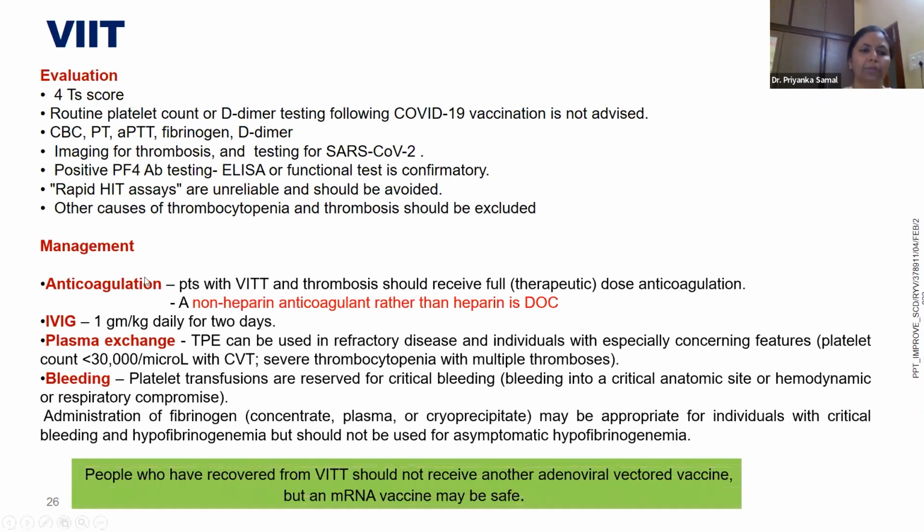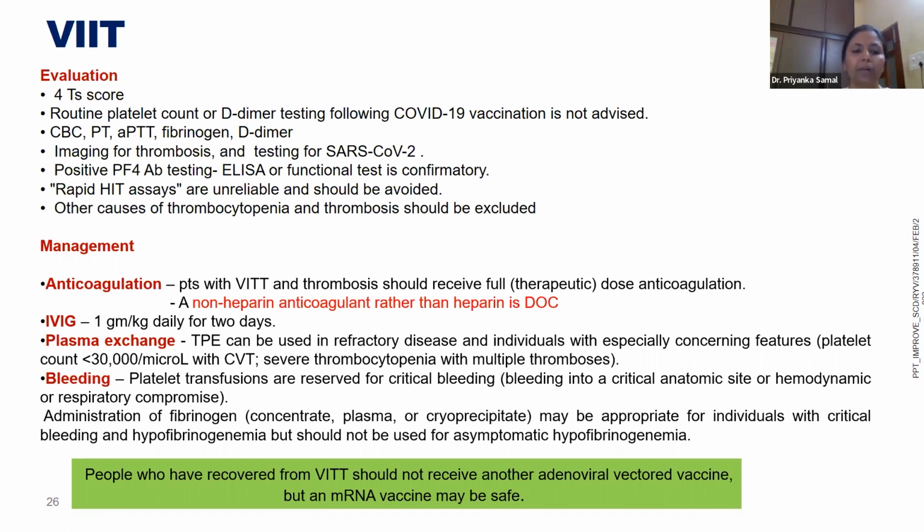So management includes anticoagulation. Again, over here also a non-heparin anticoagulant rather than heparin is the drug of choice. Immunoglobulin can be given at a high dose, 1 gram per kg for approximately 2 days. Plasma exchange, if both these do not work, then you can go for a plasma exchange. Only if the patient is critically bleeding, then you go for a platelet transfusion, or else platelet transfusions are